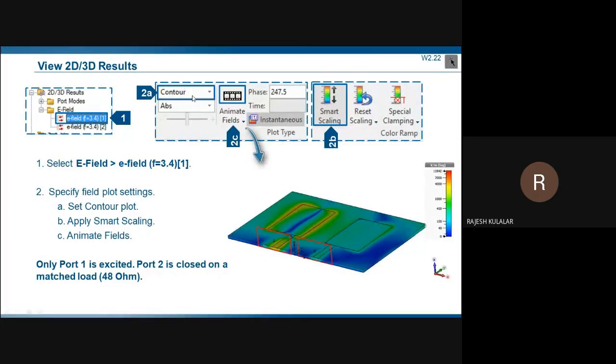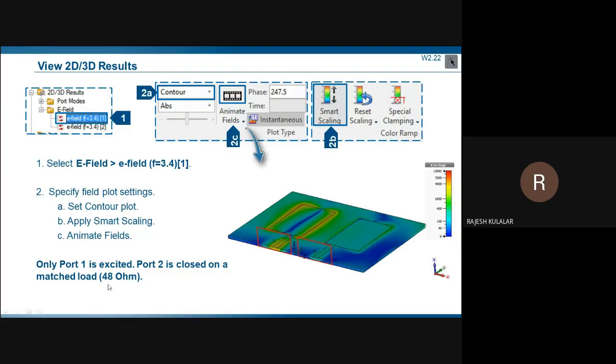If you select contour, then you will get the electric field directly on the patch surface. Let's suppose you click smart scaling and you can animate the field, how the antenna is radiating and the pattern of the electric field, you can visualize from this animation. This is called smart scaling. Using the animation and contour you can visualize the electric field like this.